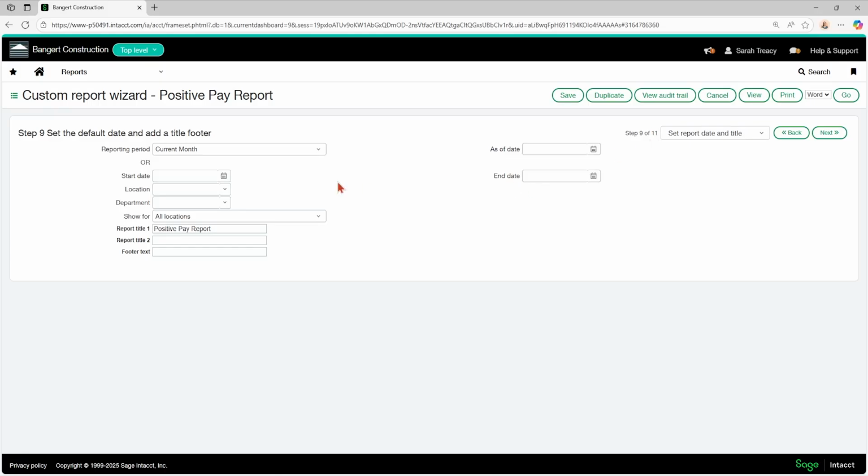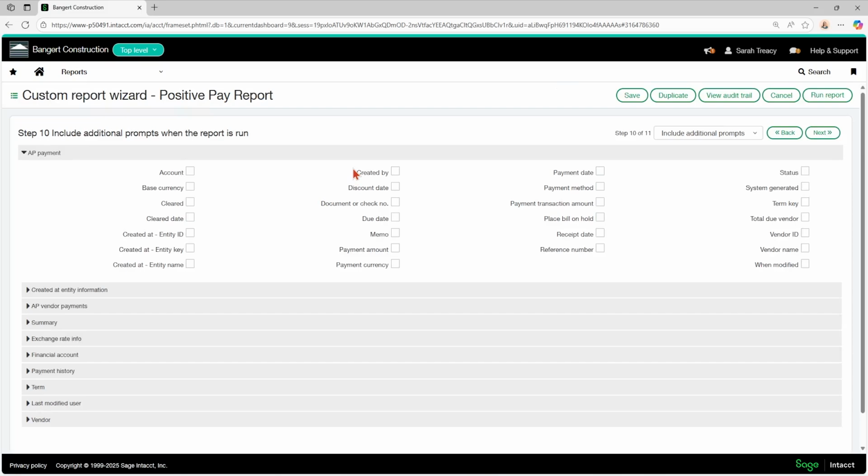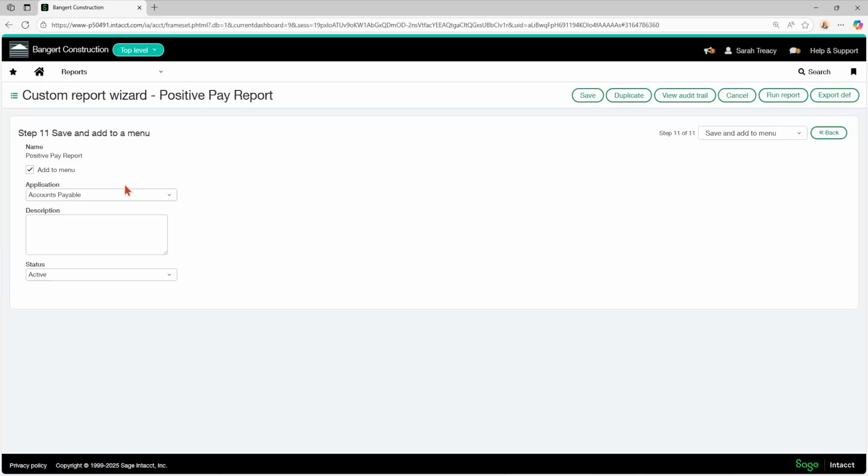And then I have the option to set my default dates if I want, which I'm not going to do here because I'm going to either put in my start and end dates or I'm going to put in my reporting period. And what title do you want to give to this report? On the next step, then, do I want additional prompts when running this report? So let's say if it was a project-based report and you wanted to prompt for a particular project, then you would select that. Or say you wanted a particular vendor, then you could put that prompt in there. So it's literally just turning it on and it gives you that prompt on the report. So that's something we'll look at in the next video with a different report.